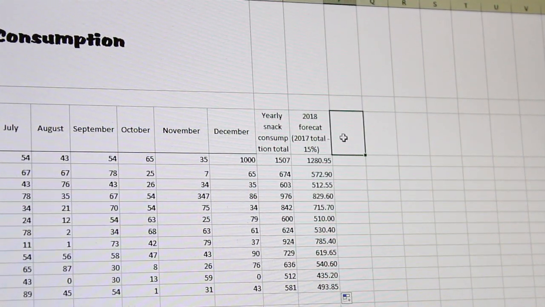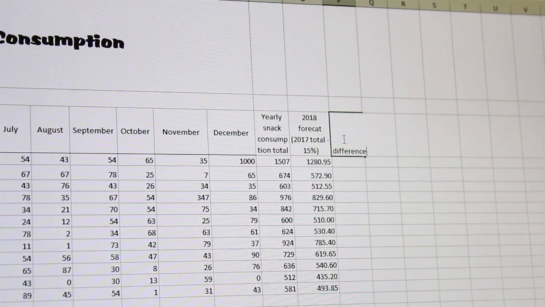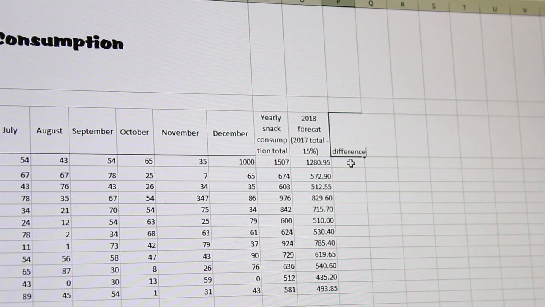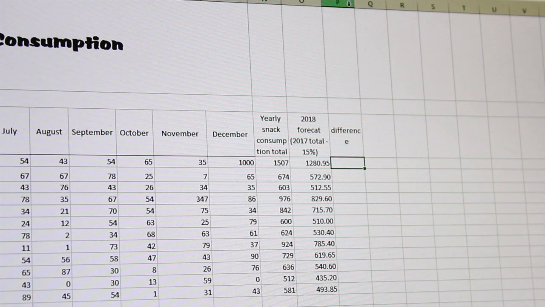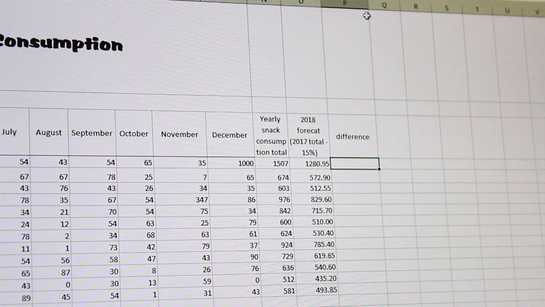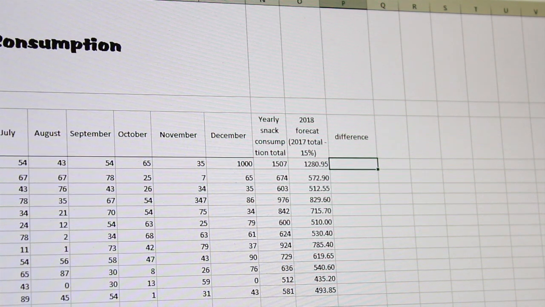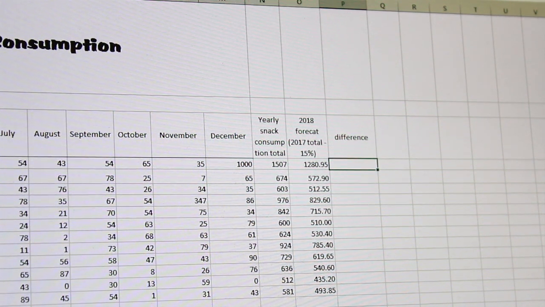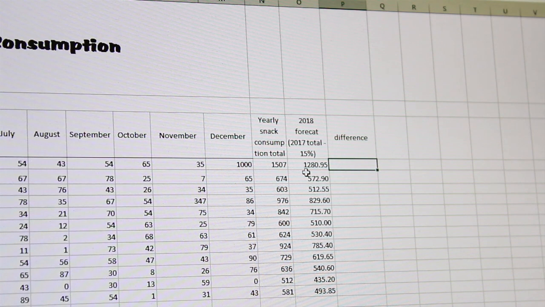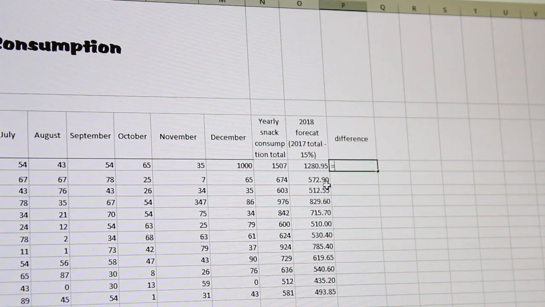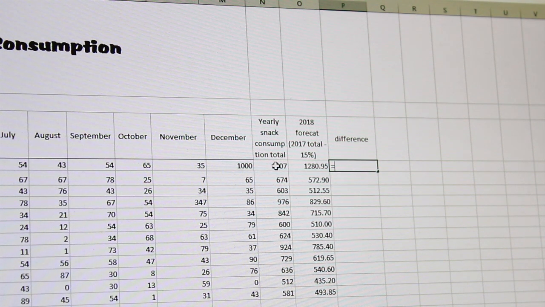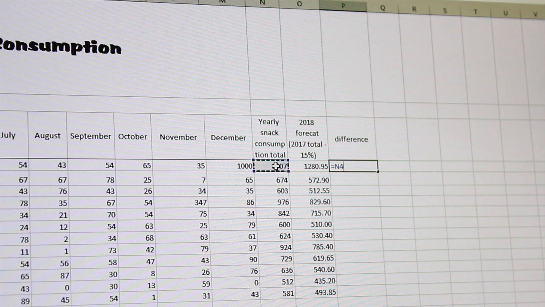This is quite easy to do. So first off, put in my title. So the difference, how do we find that? What we're going to do is use a subtraction formula. So we go equals, we hit the original total, 2017, because we're trying to find the difference,